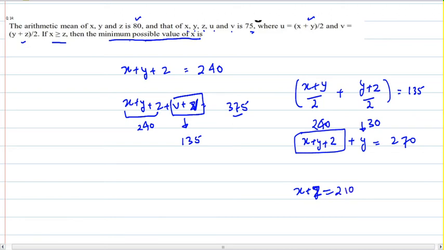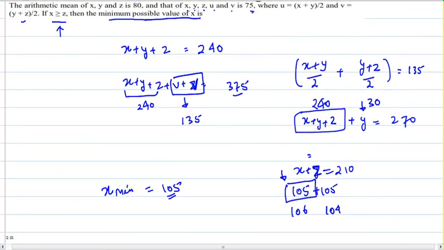You want X to have minimum possible value, but you want it to be more than or equal to Z. So the best way to achieve that is make them equal. Because if you decrease Z, your X will start to increase. To minimize X, you will have to make X and Z both equal. So this is your answer, guys. The minimum value of X is 105. Again, on the onset, it looked like a maxima minima based question, but it turned out to be a question based on basic averages.